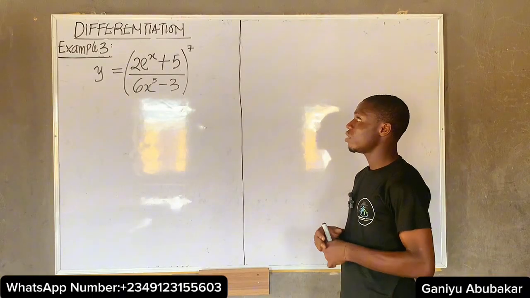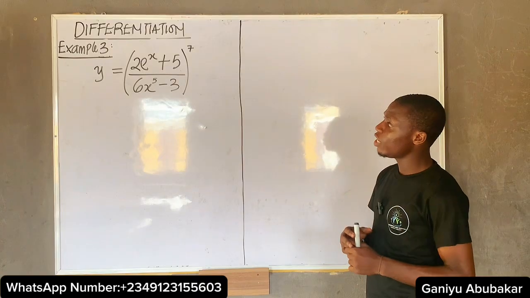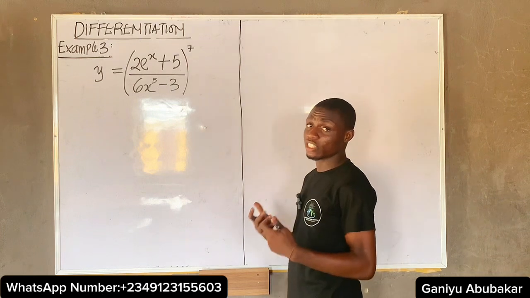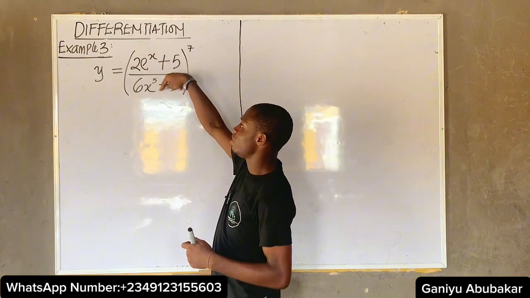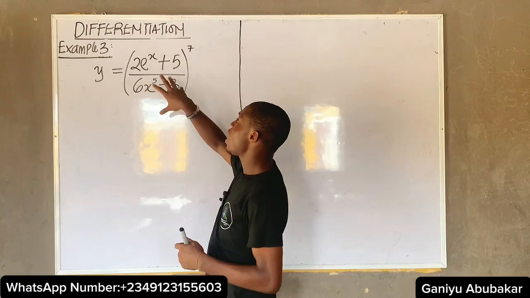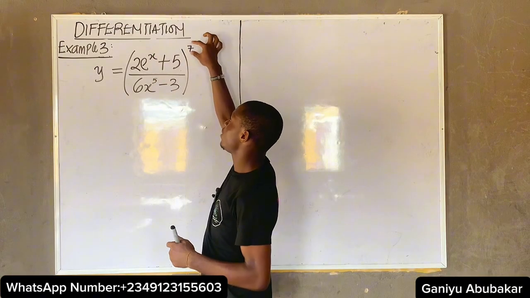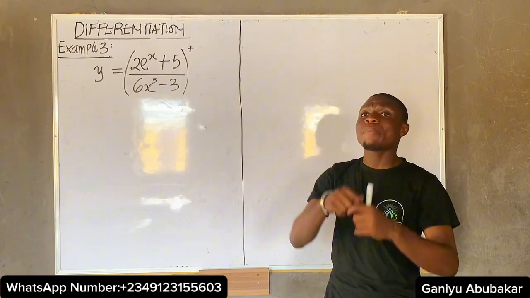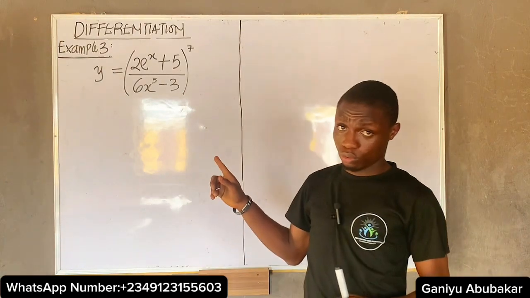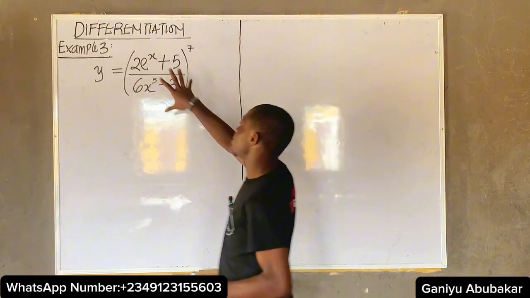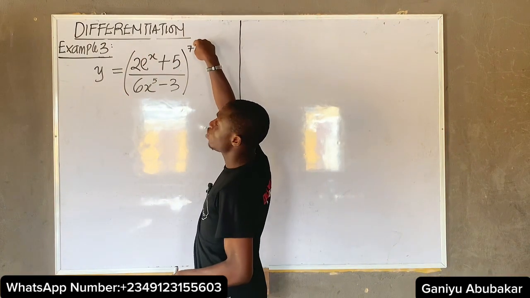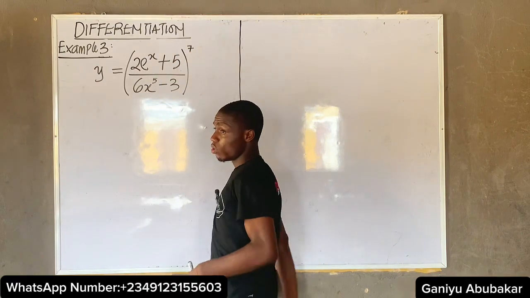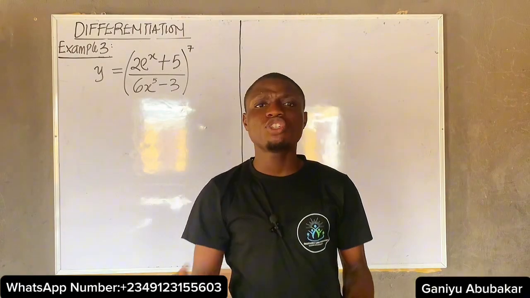Of course, if you observe this very well, I can see a quotient rule and also a chain rule here from the concept of length initially. When you have two things dividing, quotient rule comes to mind. And when you have a term in the bracket and it is being raised to a particular power, chain rule comes to mind. But basically, the main priority is chain rule, because everything here boils down on this power. So everything here was being encased to a particular power. So this is a chain rule question. But in this chain rule, a quotient rule is